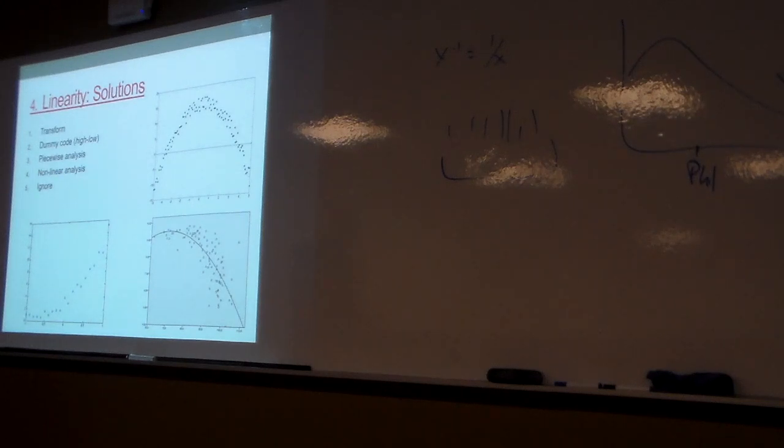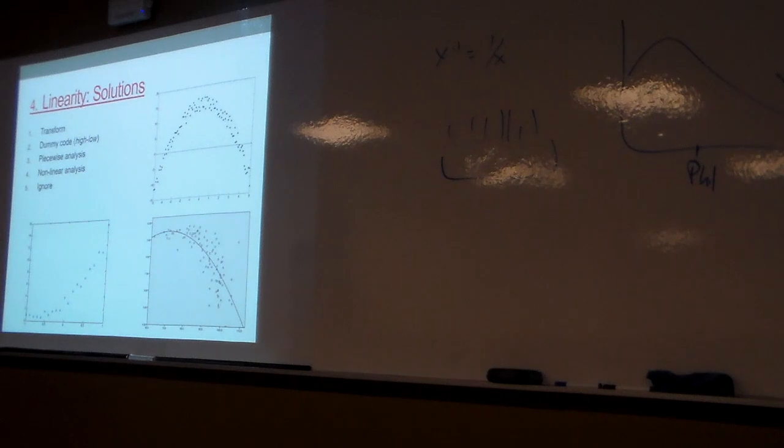I can also run some piecewise analyses, right? So I'm running a piecewise model maybe for this, although this is an easy transform that fixes that pretty easily. But what I could do is run a model for the relation of x and y from -5 to 0, and the relation of x and y from 0 to 5. This is going to be a clear positive relation, right? If I cut this in half, I've got a nice linear relation here, and then here I've got a nice negative linear relation. And so we're saying the relation between x and y between these bounds of x is positive. The relation between x and y in these bounds is negative. Some different types of things we can do there.